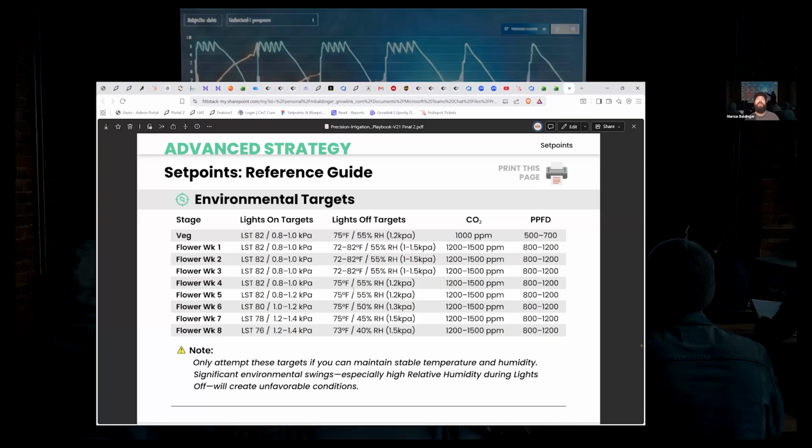Like leaf surface temp, VPD, PPFD, CO2 supplementation, things like that, and environmental stability. All of those things need to be up at the top, at the very peak for photosynthesis to reach 100%. If even one of those things is down, it's going to limit the plant from utilizing everything else that it's being given. So if one of those things is down here, you pretty much have to bring everything down